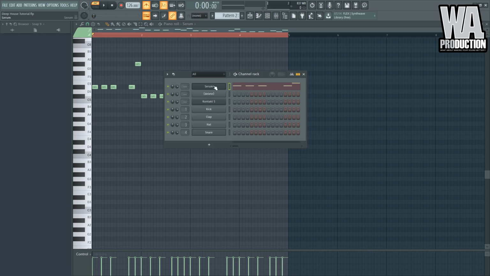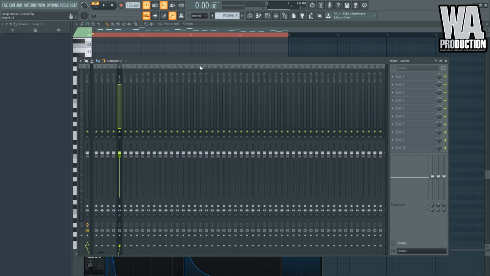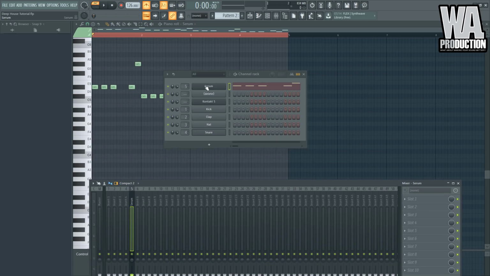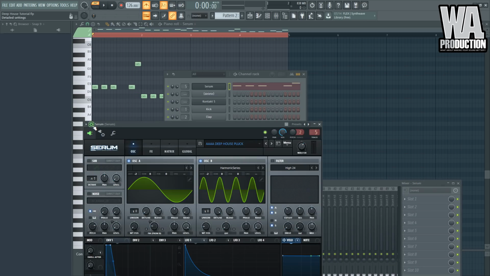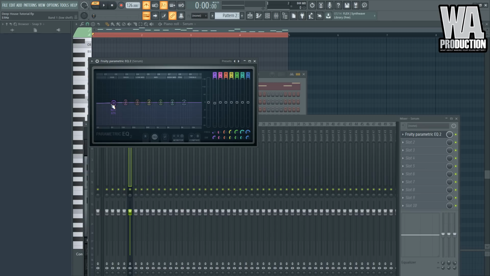Alright, so now that we got our bass line here, we're gonna put this on its own mixer track. And we did that really quick just by clicking the cog on our Serum and then clicking the track button, which automatically assigns it to the first empty mixer track. Now we're gonna